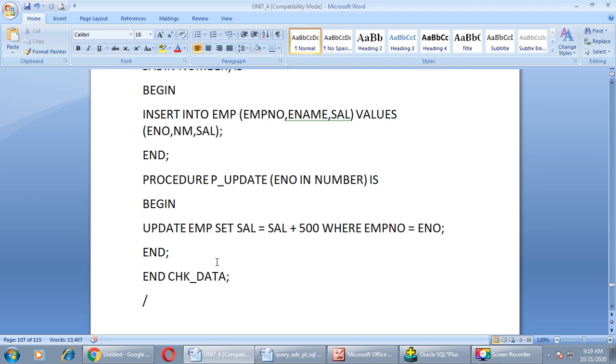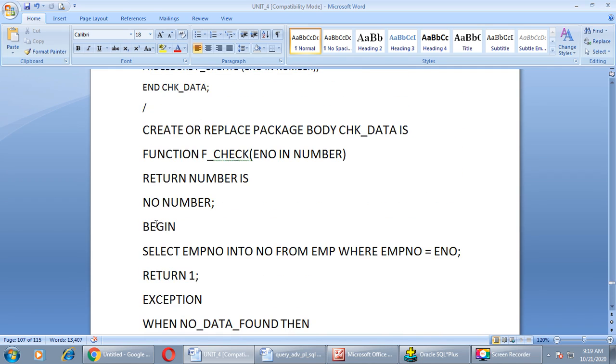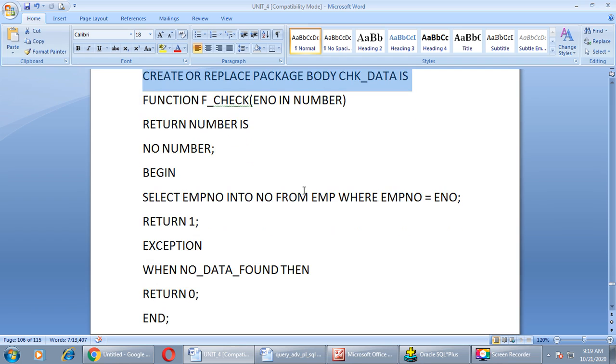That's it. End of begin section. End of check data. See, inside the body of the check data package, what we have done, we have defined the body for all the elements which are declared in this package, right,